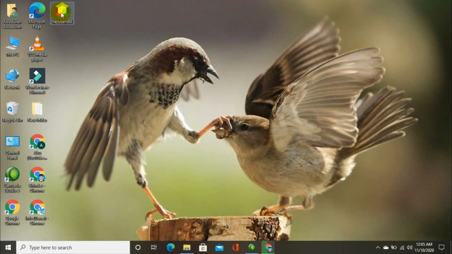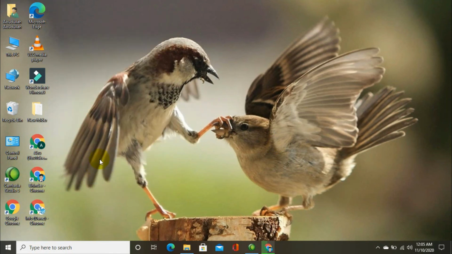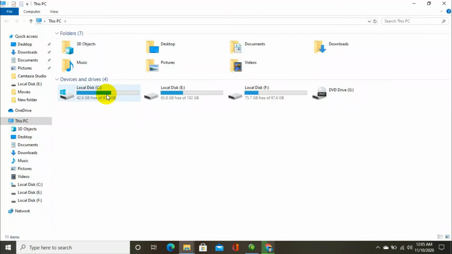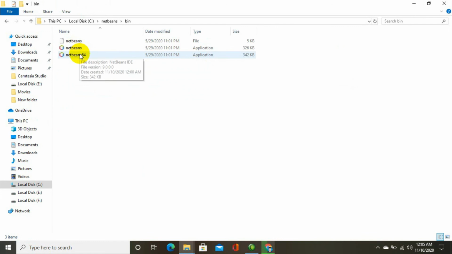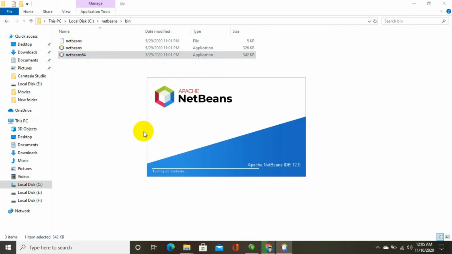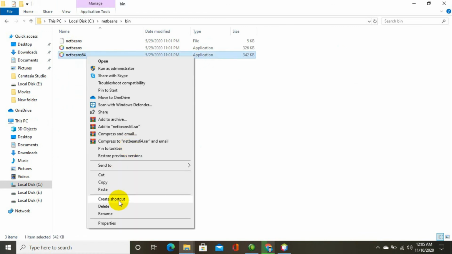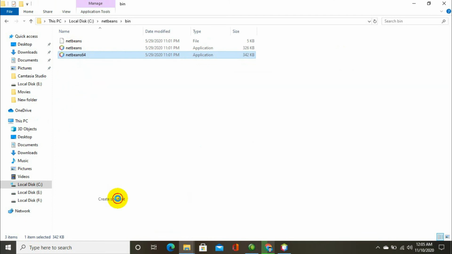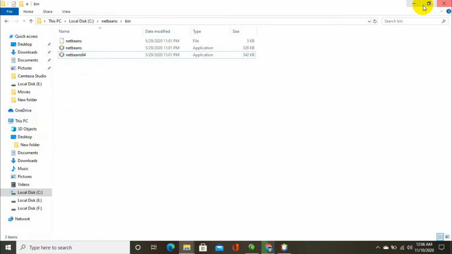I think we have to access this file from that folder where it is placed. Go there, to the NetBeans bin folder, NetBeans 64. From now we can access it. So the better option is to create a shortcut here. Create shortcut, and then move that shortcut to the desktop.